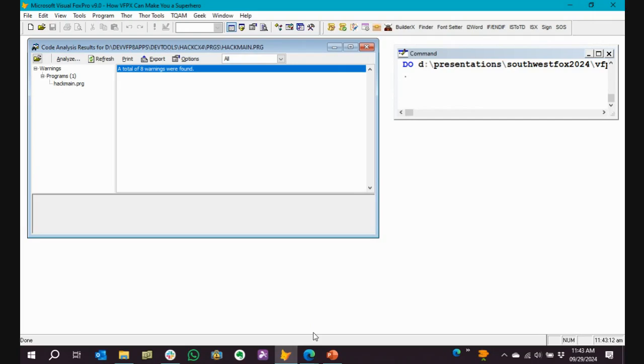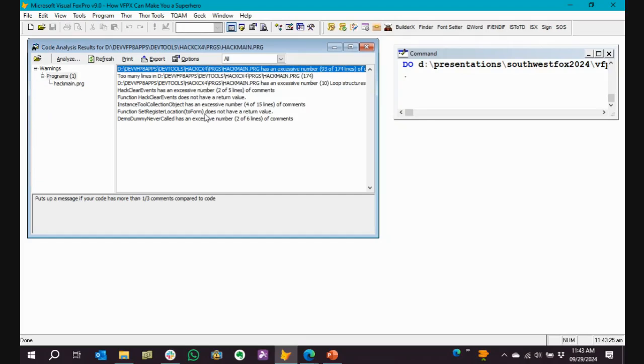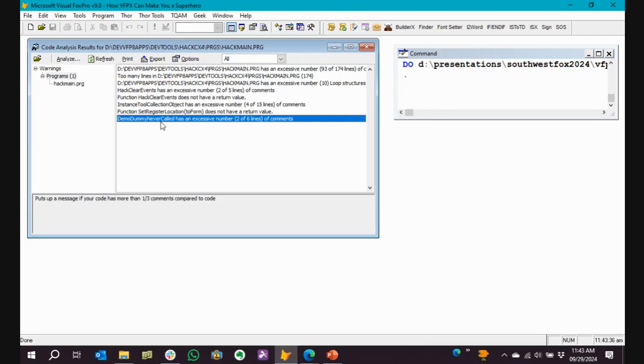So anyways, here's what it brings up: a dialogue that looks very similar to code references. You have the tree view on the left side of the dialogue, and on the right side, you have all the, I just double clicked on the, to expand the rules that were violated. And it just brings your whole list. Now, in this case, I have a method here that I'm just going to double click on. It says it has an excessive number of comments.